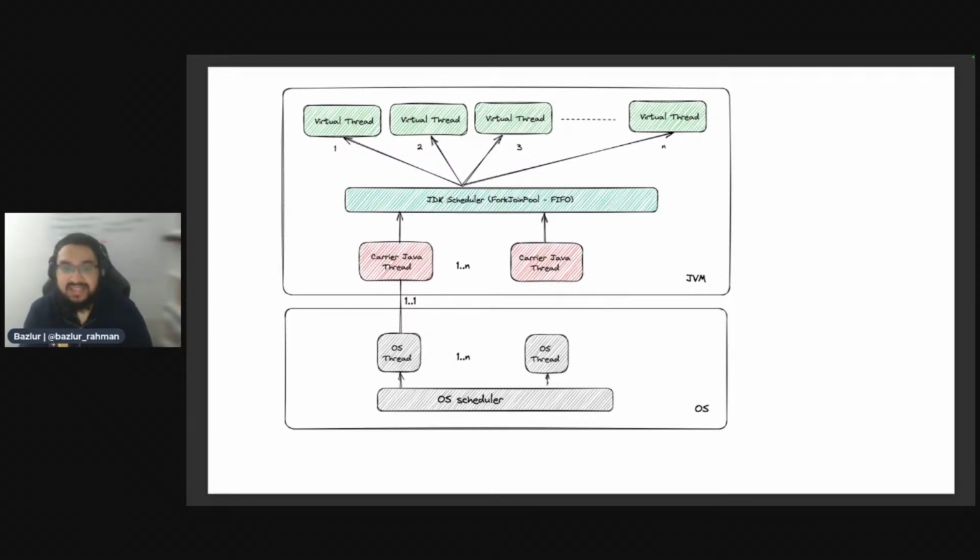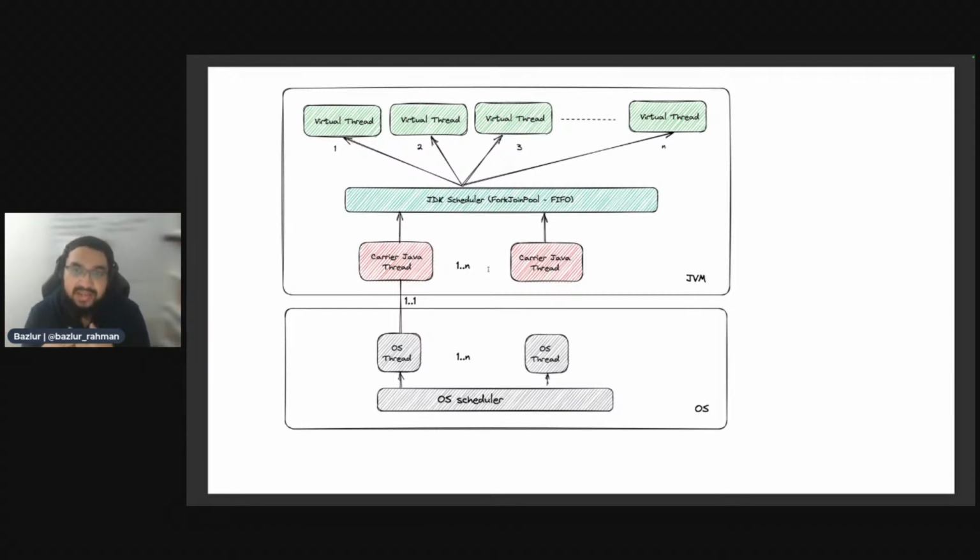Let's say I have a fork join pool and it has 10 native threads. The JDK scheduler takes a virtual thread and one of these native threads executes it. While it starts executing,